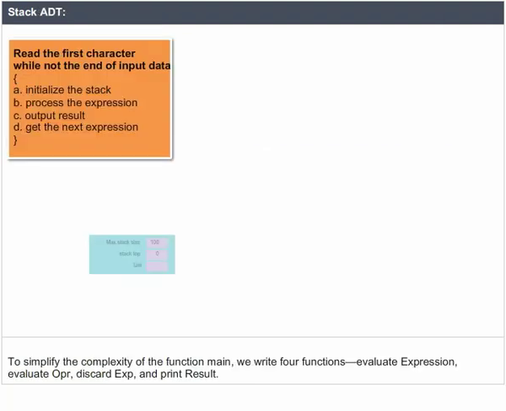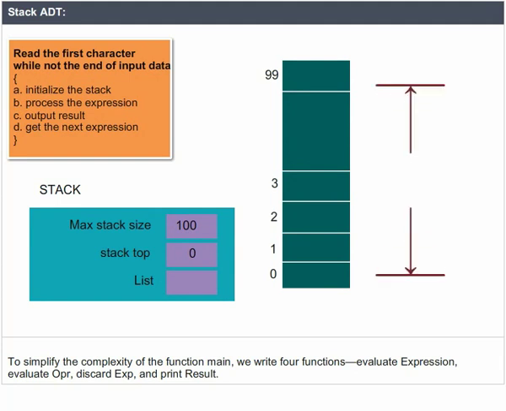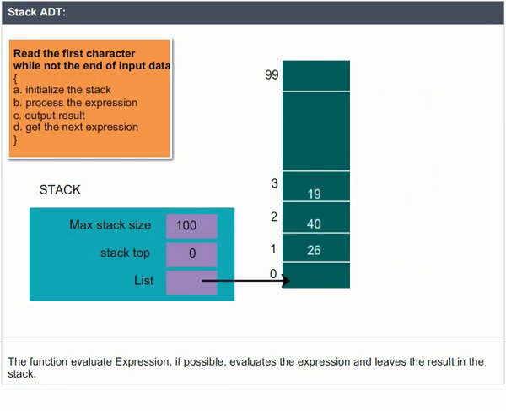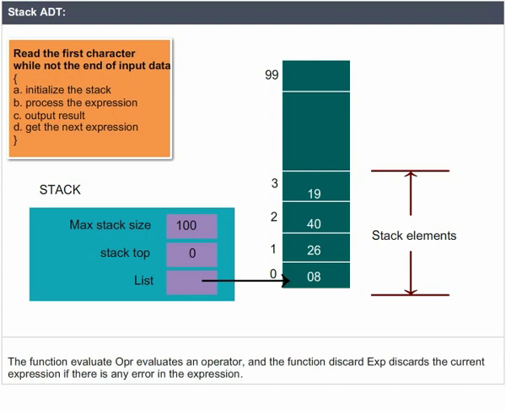To simplify the complexity of the function main, we write 4 functions: evaluate expression, evaluate operation, discard expression, and print result. The function evaluate expression, if possible, evaluates the expression and leaves the result in the stack. If the postfix expression is error-free, the function print result outputs the result. The function evaluate operation evaluates an operator, and the function discard expression discards the current expression if there is any